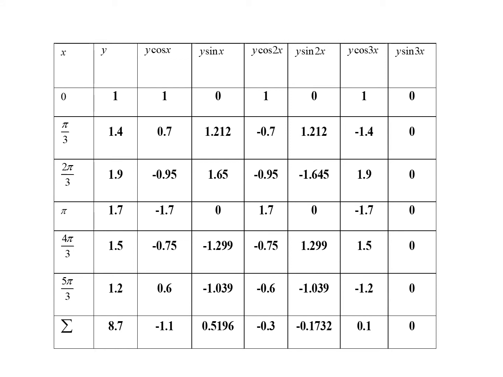Okay, now let us go to y sin 2x for a sample. So look at y sin 2x. The first value is 0, because when we substitute x as 0 here, sin 0 is 0, that into 1, so anyway 0. Similarly, how do you get that 1.212? You can check with your calculator. Sin 2x. So x is pi by 3. For the second value, 1.212, I am explaining. X is pi by 3. So sin 2 pi by 3 you will get. You will have a value from the calculator, and that answer into y. So into 1.4. So when you multiply you will get 1.212.